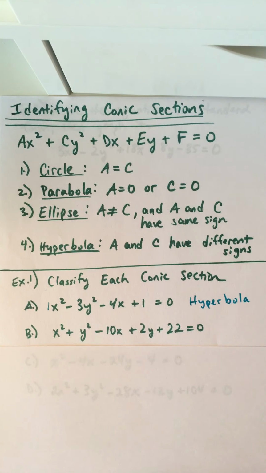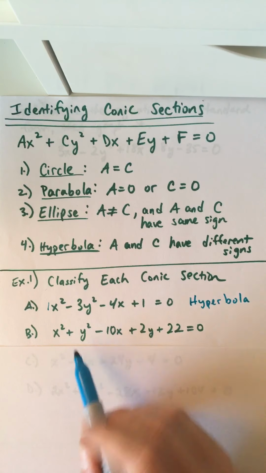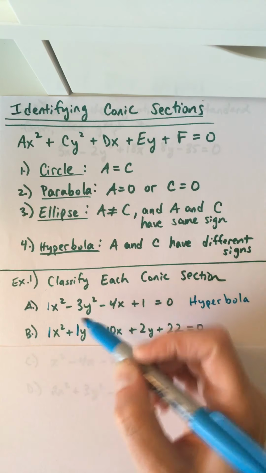For part B, here's an x squared and a y squared term. The coefficient for each one is 1. They're the